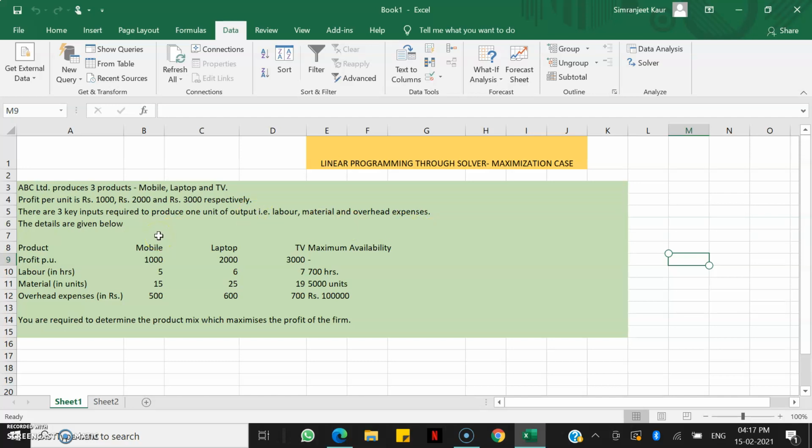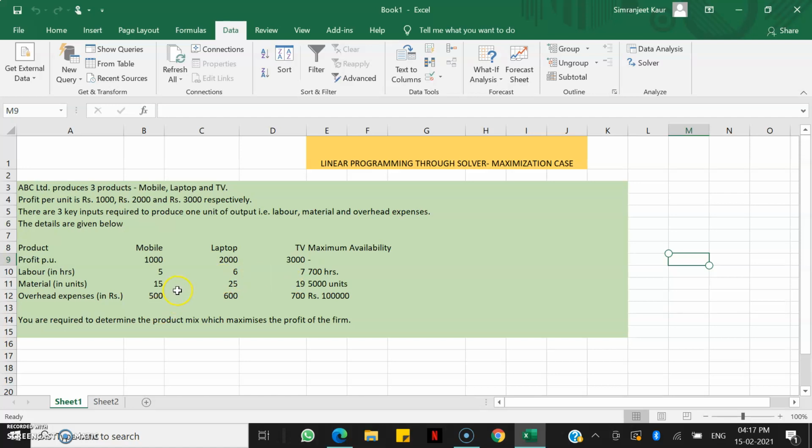So for this question I've already formulated or tabulated the figures. If it is not given to you in the question, you need to form the table yourself. So as we can see, profit is given in this row. Labor hours required for 1 unit of mobile is 5 units, for laptop it is 6 units, and for TV it is 7 units.